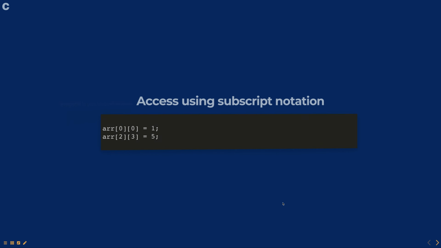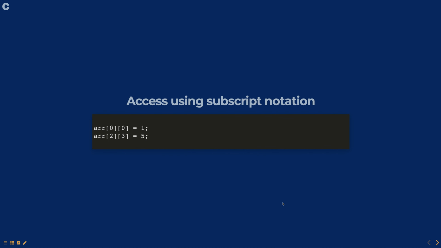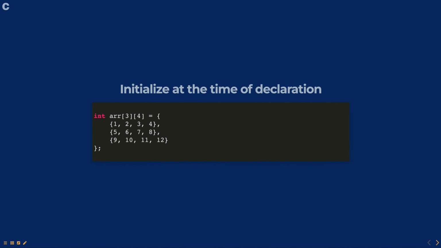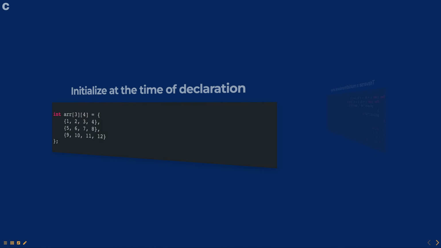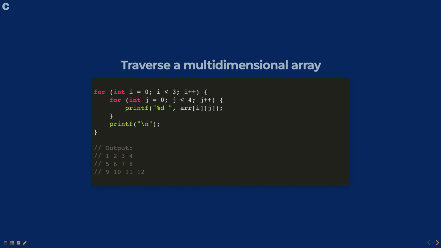You can access the elements of a multidimensional array using the array subscript notation. You can also initialize a multidimensional array at the same time of declaration as shown below. You can use a nested for loop to traverse a multidimensional array, and this example will print all the elements